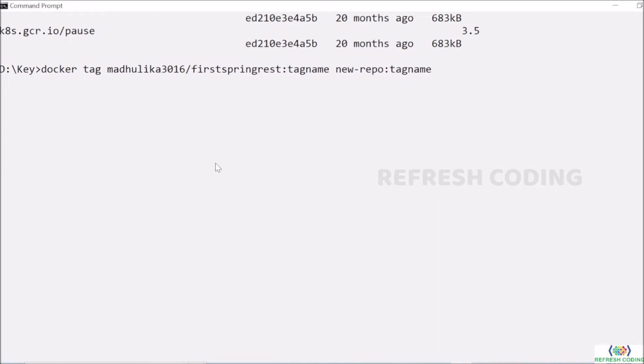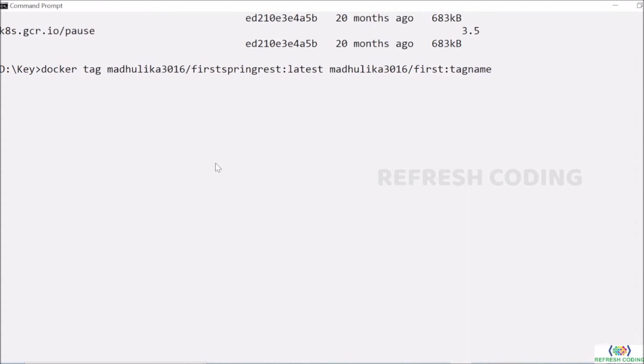This is what is our local image, and I will give here a tag name. What is the tag name? Let's say latest. After that, new repo. Again, what is my repo? Repo will also come with username. Otherwise, how the Docker engine will come to know that for which user, for which repository you want to push the image. So here again I will use the repo name.